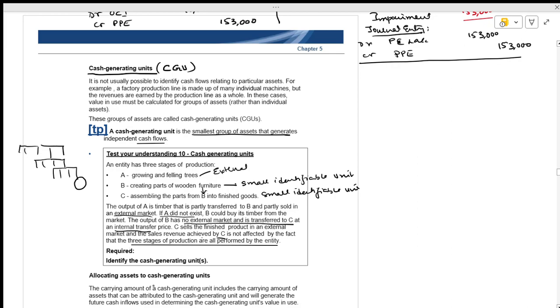Now you see the thing. When you are making a point, the output of B has no external market and is transferred to the internal transfer. See, whenever there is a transfer, is it right? The transfer should be done at a market price. The transfer has been done at a market price. If you take the above things into consideration, we can assume that